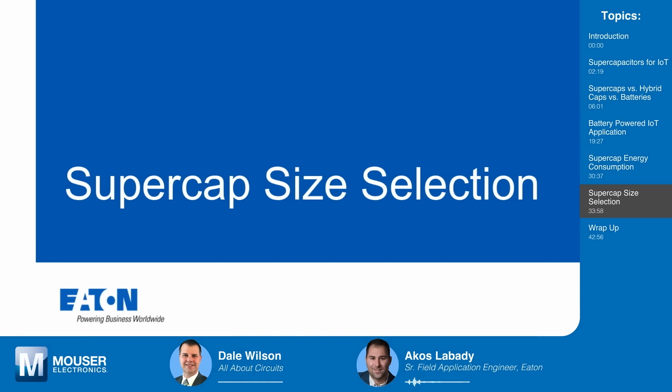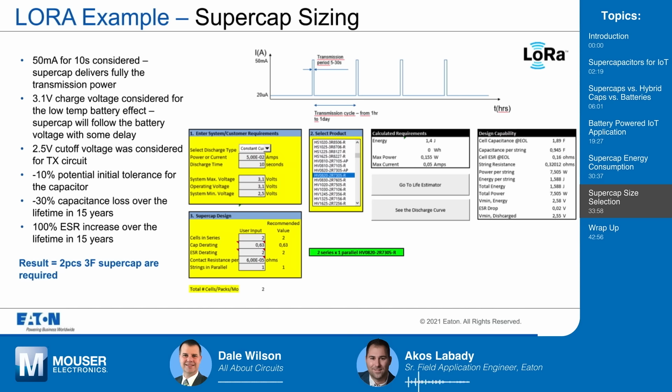In terms of the sizing of the supercapacitors, normally we take into consideration some derating factors that often need to be emphasized for designers. First of all, we calculate the required supercapacitor size according to the transmission current. It's not a nice rectangular pulse, but there is a specific power profile which we need to analyze to understand how much the total energy is and what the peak current points are during the discharge. And we normally build a model